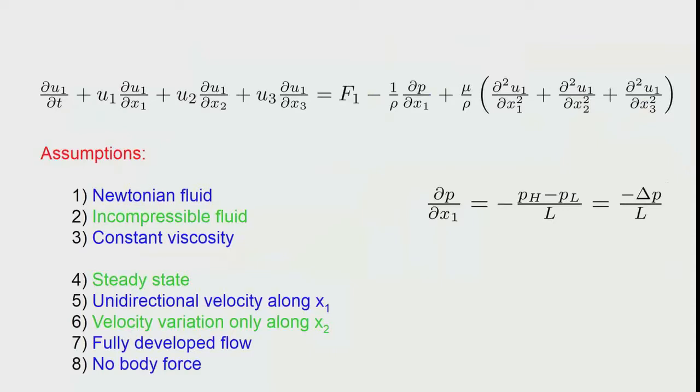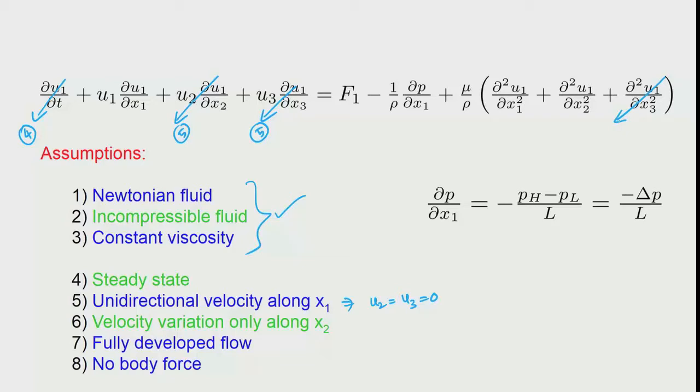Okay. So, again we go through this exercise of looking at the entire Navier-Stokes equation, written for the 3 assumptions that we have written here, and making the simplification. We assume that the pressure gradient is applied and the fluid flow is happening at steady state. So, we knock off this term because of assumption 4, and we say the velocity is along x1, which means that u2 is equal to u3 is equal to 0. Then I knock off this term and this term from assumption 5. And then the velocity is varying only along x2, so we do not have a variation along the x3 direction.